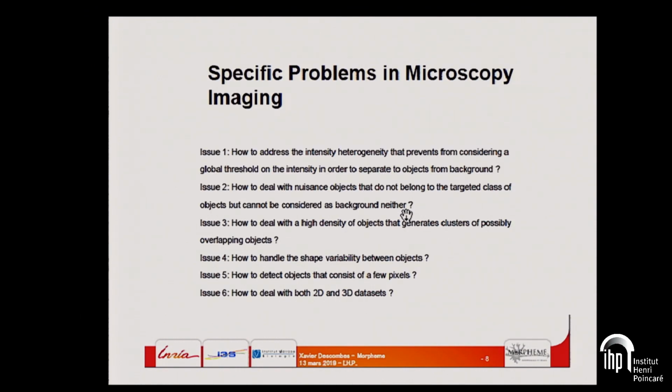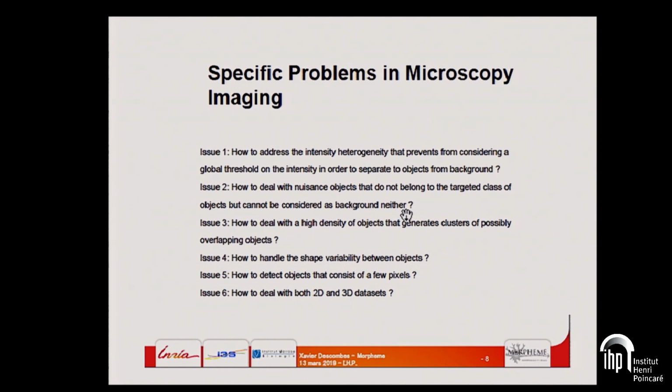Okay, so now let's say this work was done in the Ariana group of José Zerubia a few years ago. And now I would like to focus on some specific problems in biological images and show that this framework can be adapted to solve different issues of these images. So what are the issues which are linked with this kind of image, even if it's not reserved to this kind of image, but at least the problems are here.